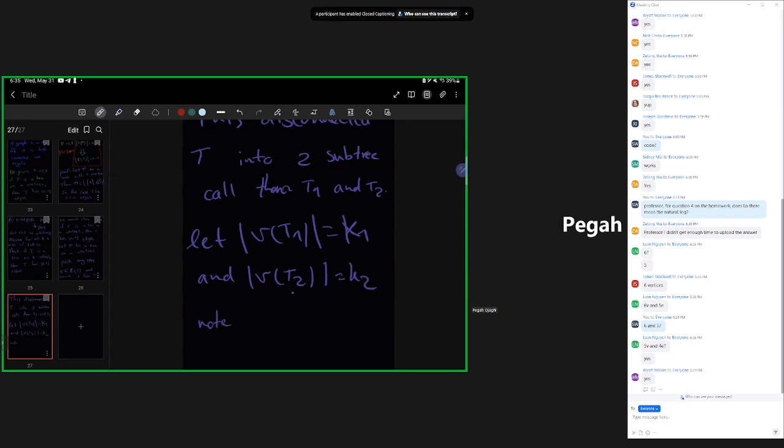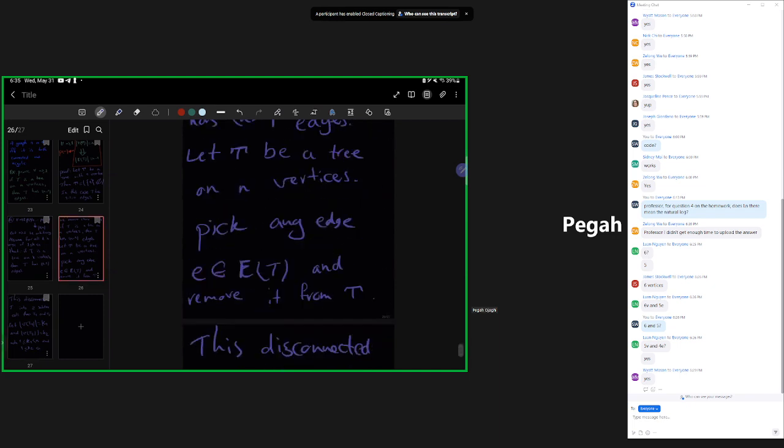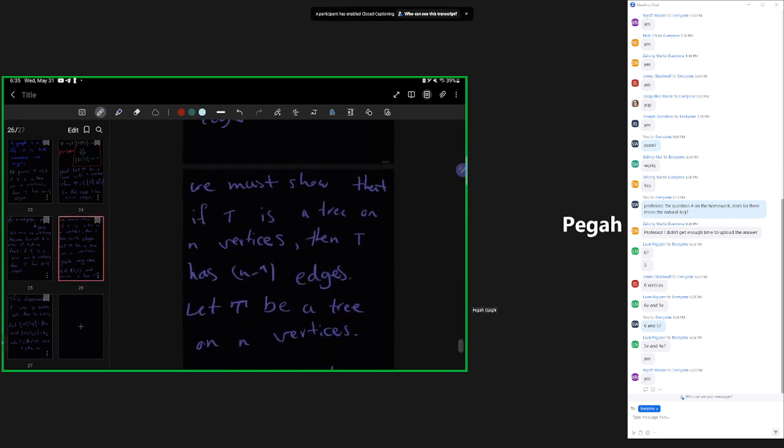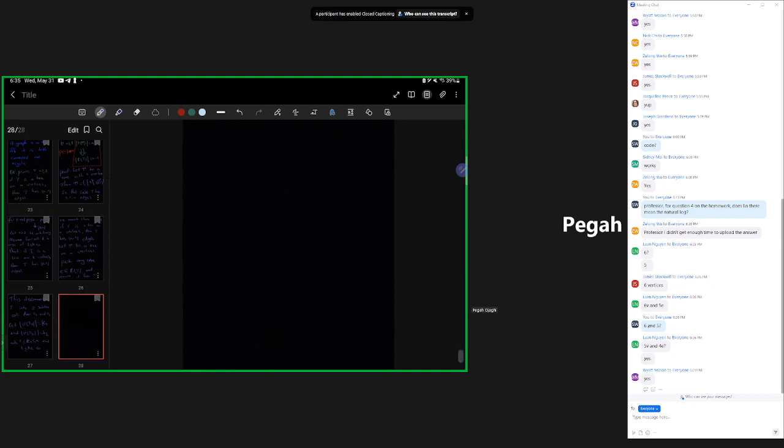For sure K1 is between 1 and n, less than n, because we disconnected it by losing at least one edge, and K2 is also at least 1 and less than n. If I have K between 1 and n, and the tree has K vertices, then the tree has K minus 1 edges. So by induction,